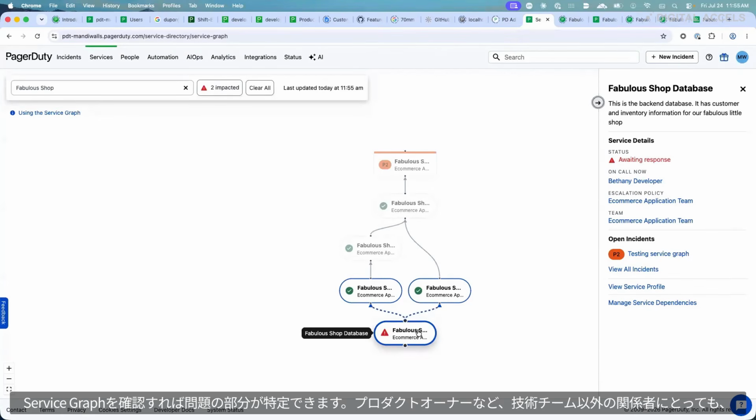For folks who are, say, product owners or otherwise tangential to the technical team, this is very helpful for helping them find out, okay, what is going on? I'm seeing a problem. Users are seeing a problem. Where is it? And then that leads them to what does the incident response currently